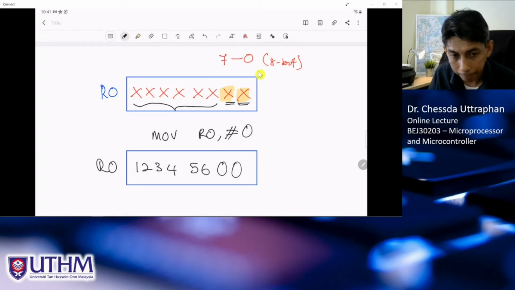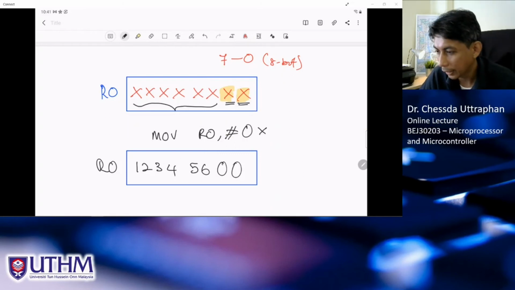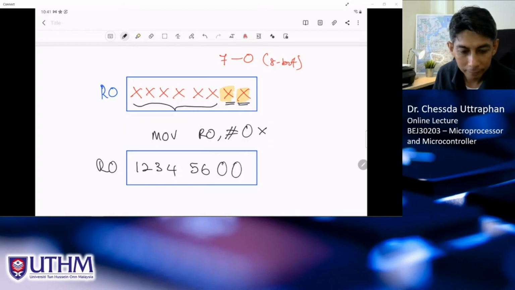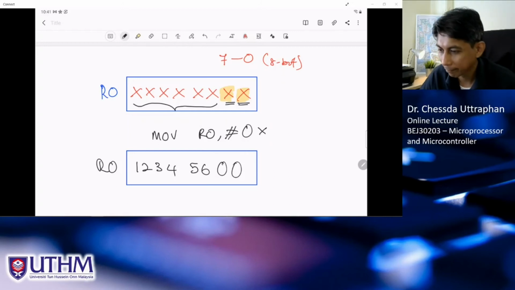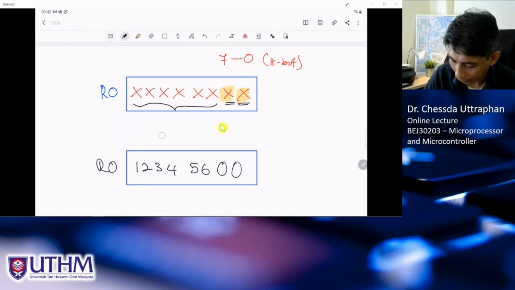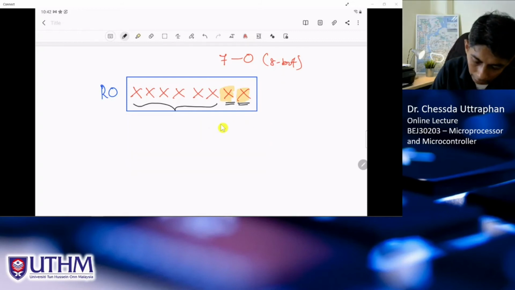So how to do that? Definitely cannot use this, because it will clear all the content. Yeah, Divaka? So definitely cannot use this. Any other idea? You may need more than one instruction. Okay, I give you an idea. So if, for example, in R0 we have